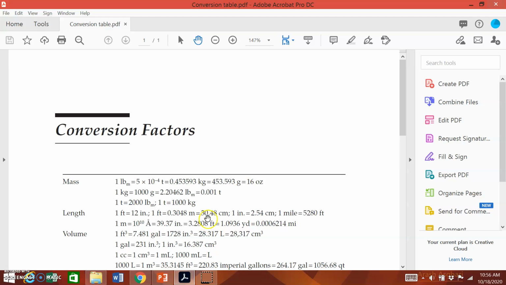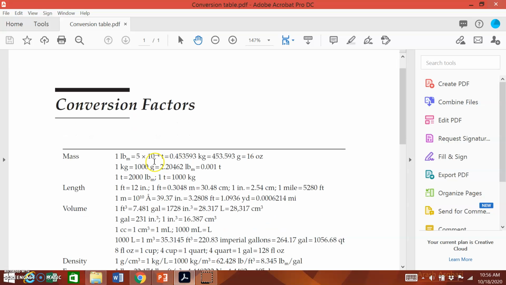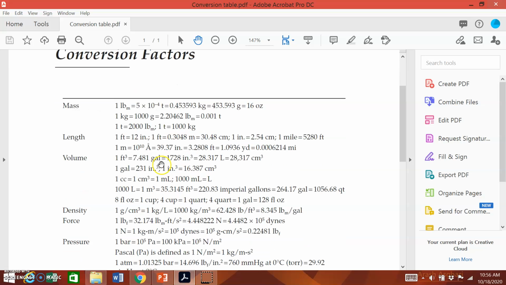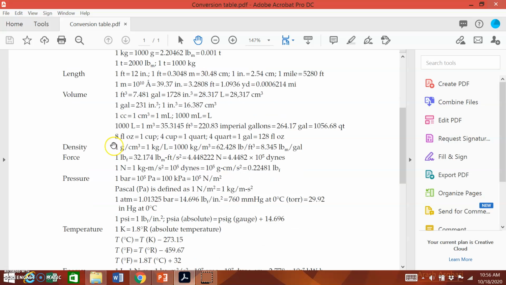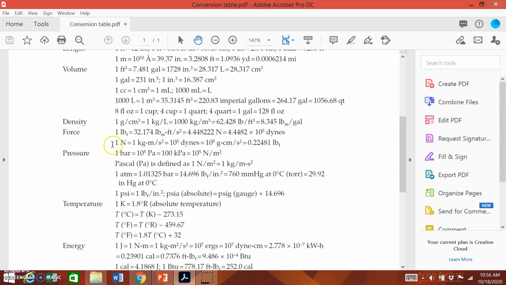And also I want to show you the conversion factor table that you will get in the Putra Blast. I will upload this. It's easy for you if you want to convert, let's say, 1 kg to pound. So 1 kg equals 2.24462 pound, and length. So you can just refer to this in order to do the calculation. That's all for unit